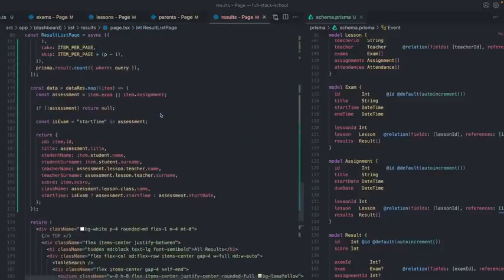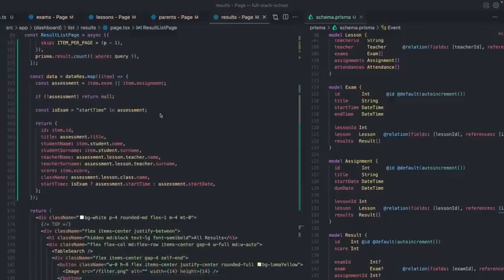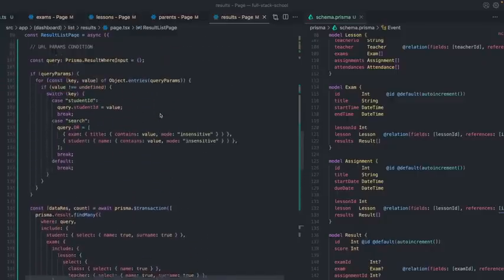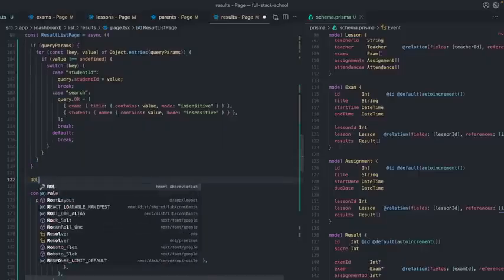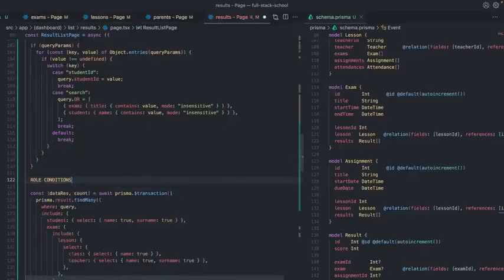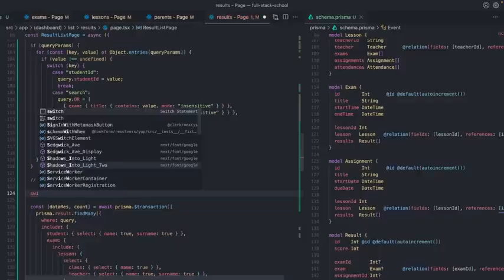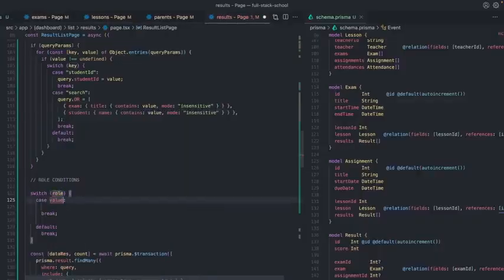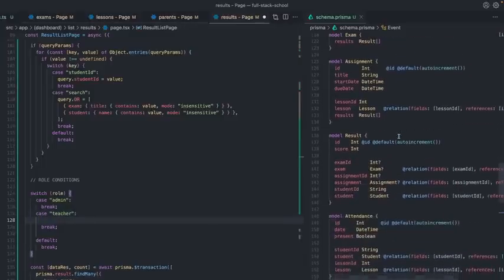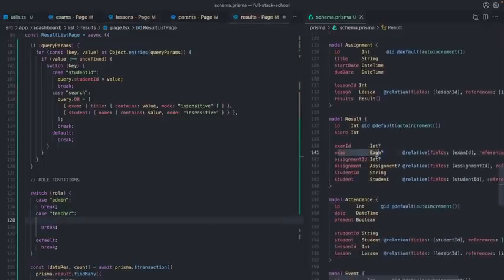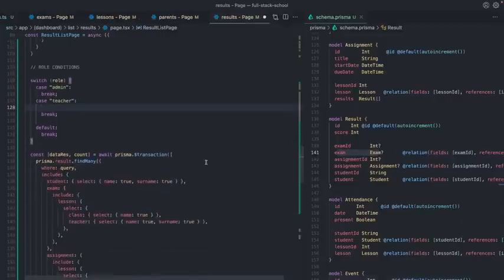Okay, let's write our role condition. After this params condition, I will say role conditions, switch case. We are going to check the role. If it's the teacher, let's see our table. As you can see, we have the exam or assignment here. So I will say